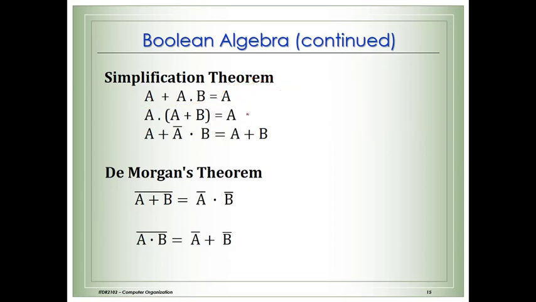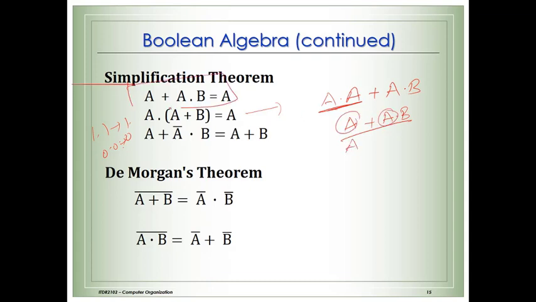Now this one, if you have A AND (A OR B), it will also be reduced to A. How? You open this parenthesis. This identity we have not seen, but if you know that 1 and 1 will be 1, 0 and 0 will always be 0, so here it will be reduced to A, then here you have A AND B. Then again you may take A common in both cases, the same identity that you got, so it will be reduced to A, correct?